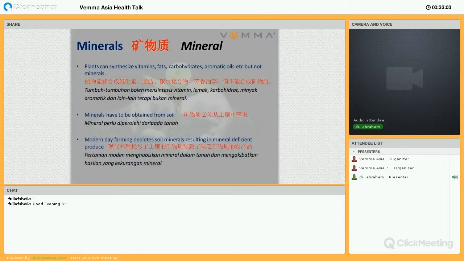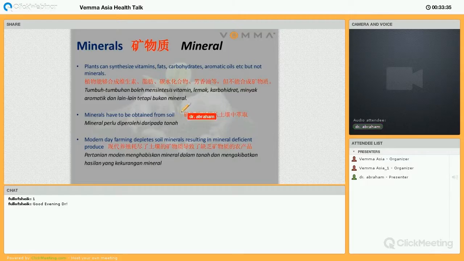Plants can synthesize quite a lot of stuff that is needed for nutrition, whether it be vitamins, fats, carbohydrates, aromatic oils, essential fatty acids, and all that. But they cannot synthesize minerals. Neither can animals, neither can human beings. So the minerals have to come from the soil, from the soil through the vegetables or fruits that we eat, and from there via the animals that we eat,